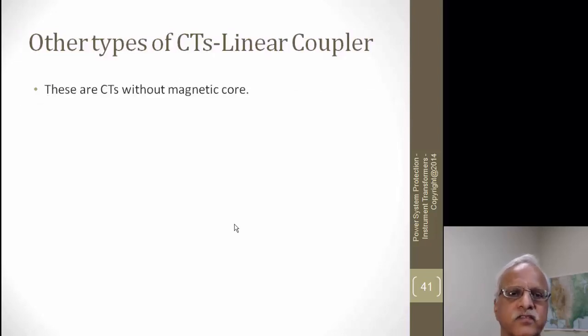There are other types of CTs called linear couplers, where you have an air core, just a coil, and then it induces a voltage on another coil, where that voltage is proportional to the current going through the primary. That is a linear coupler, and there is one relay available based on this. The advantage of this is that because it is an air core, it never saturates,